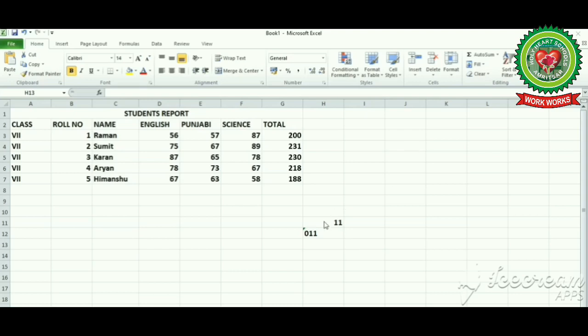For example, if you want to enter any country code or city code, you start with 0 like this. But when you press Enter, the leading 0 gets dropped. To overcome this problem, you need to type an apostrophe before 0. Your proper country or city code will be entered on your screen.